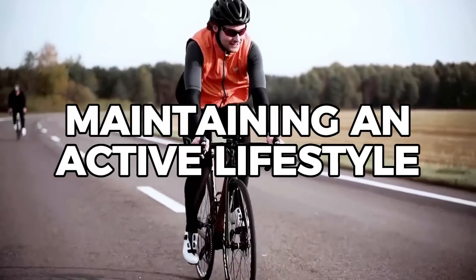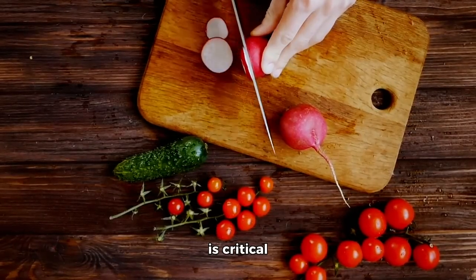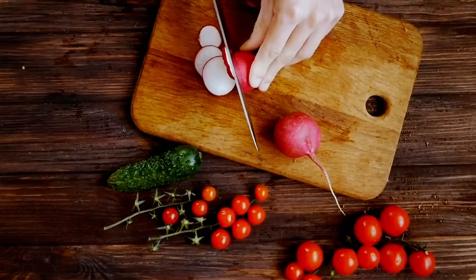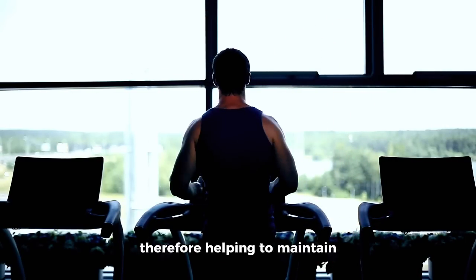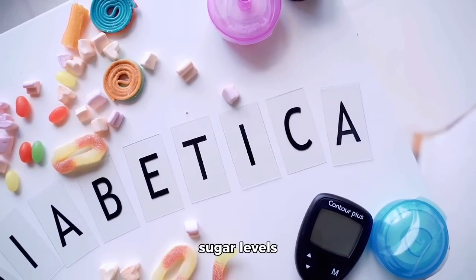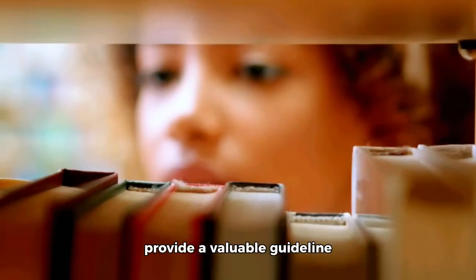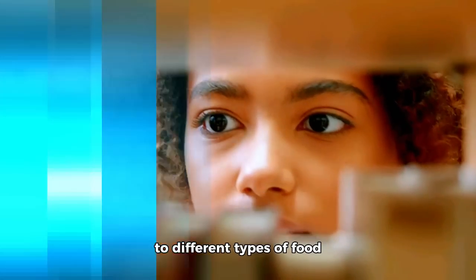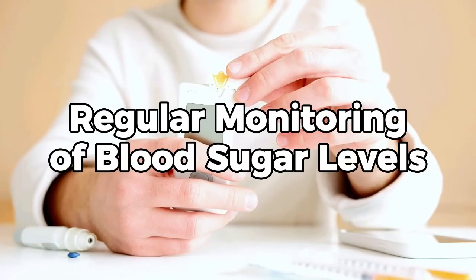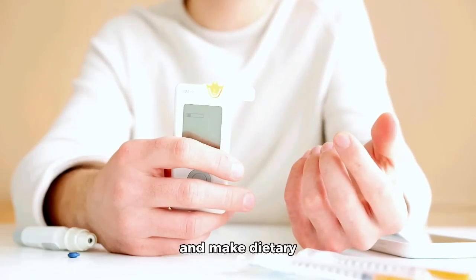Additionally, maintaining an active lifestyle with regular exercise alongside a balanced diet is critical in managing diabetes. Physical activity aids in using up the glucose in the blood, therefore, helping to maintain more stable sugar levels. It is essential to note that while these studies provide a valuable guideline, everyone's body responds differently to different types of food. Regular monitoring of blood sugar levels can help you better understand your body's specific responses and make dietary